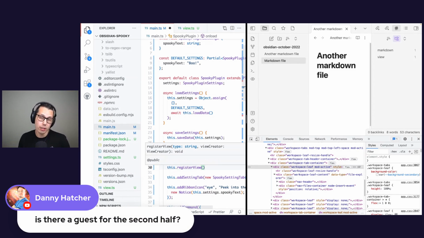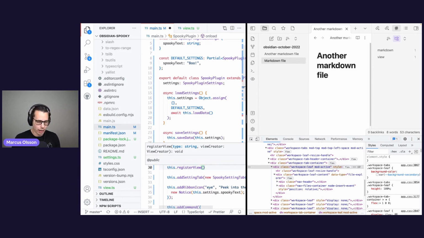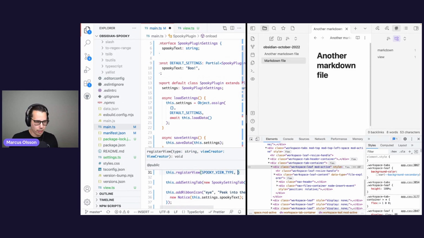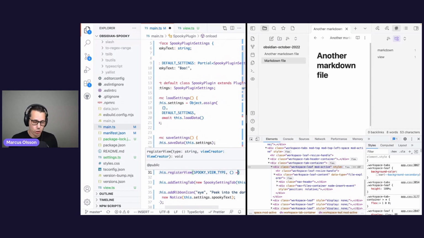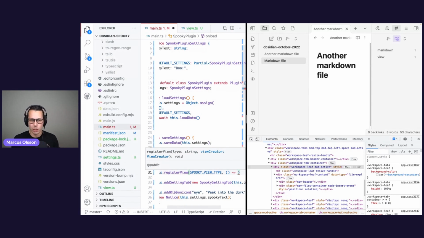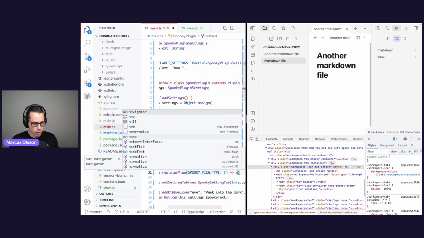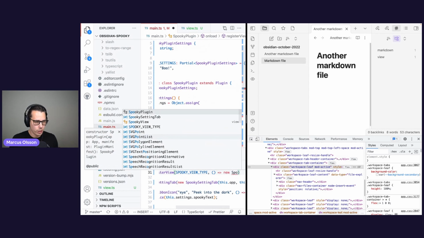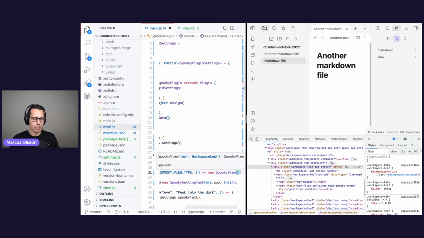It takes a string, which is the type of the view. And now you can kind of see why I created that constant, because now I can create that here. And the next is going to be actually a callback. So this is going to be a function. And this function returns a new instance of your view. So we're going to do a new spooky view. And this takes a leaf as a